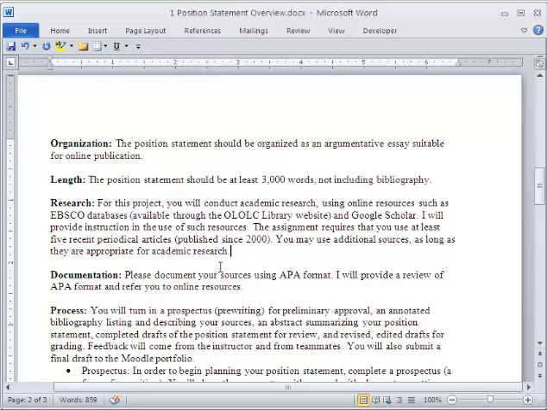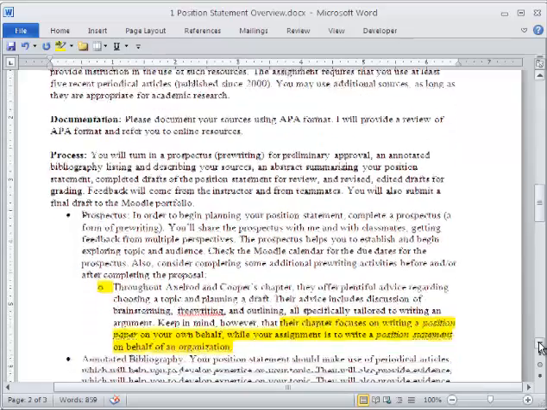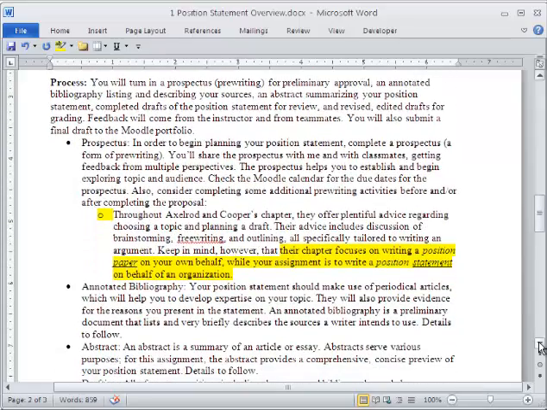Documentation, we're going to use APA format, and I'm assuming you have some familiarity with that, but I'll give you a review of it and refer you to some online resources that help you put things into APA format, and you may know some yourself. The process is going to be obviously longer and more complex because it's a longer, more complex project and actually has a few components. But like I said, this is our biggest but last project, so we'll be working on various parts of it between now and